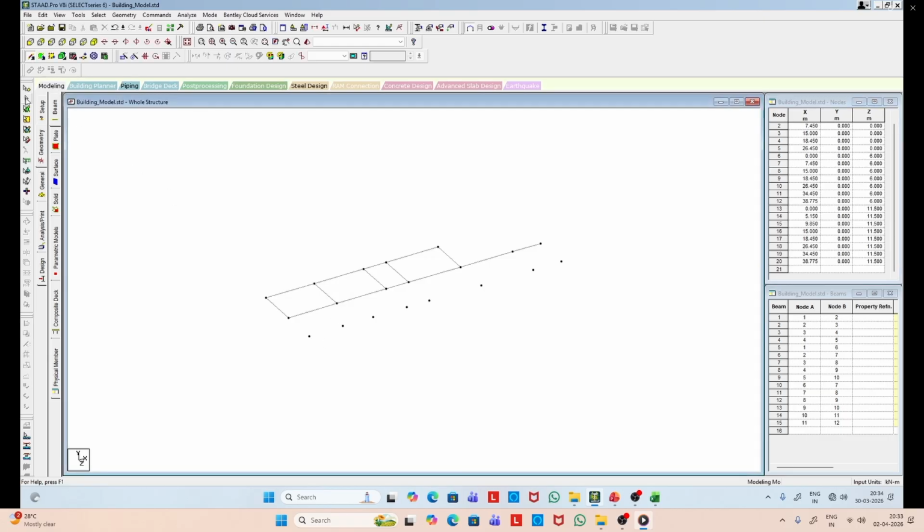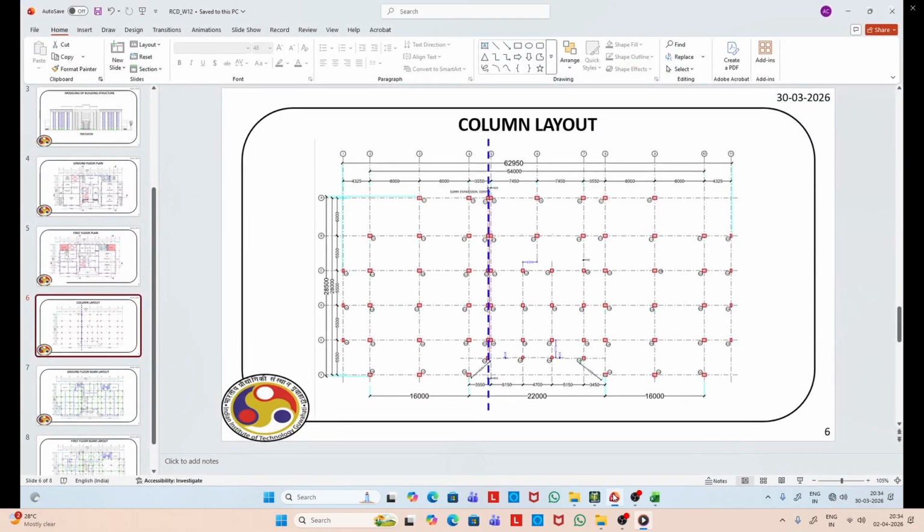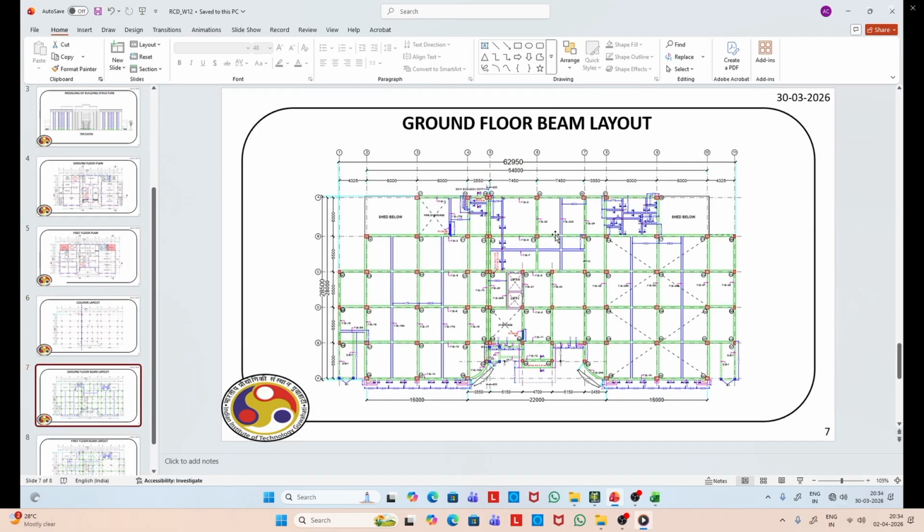Again, we can connect this point and create the beam element. So you can see this blue line, that is a secondary beam.